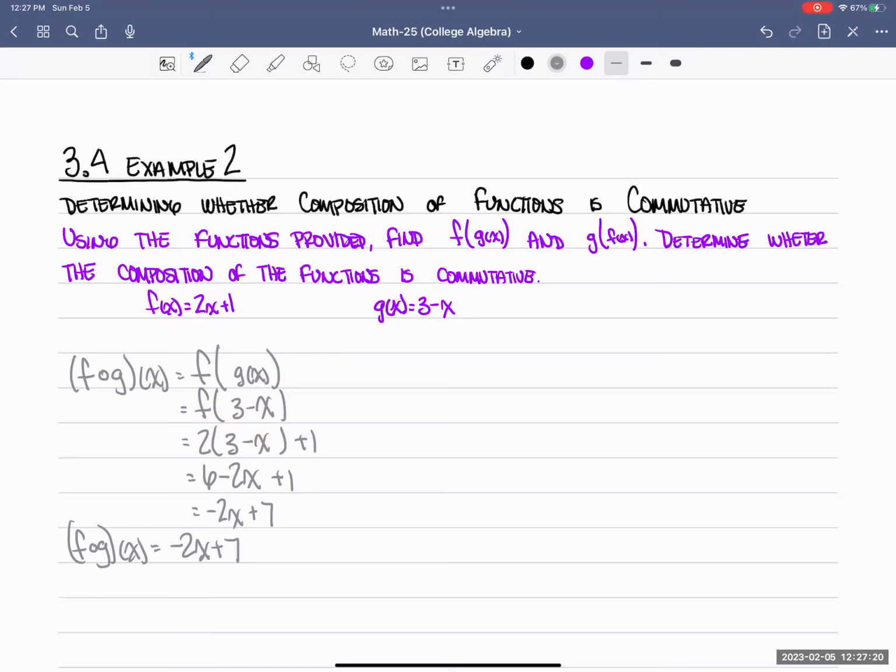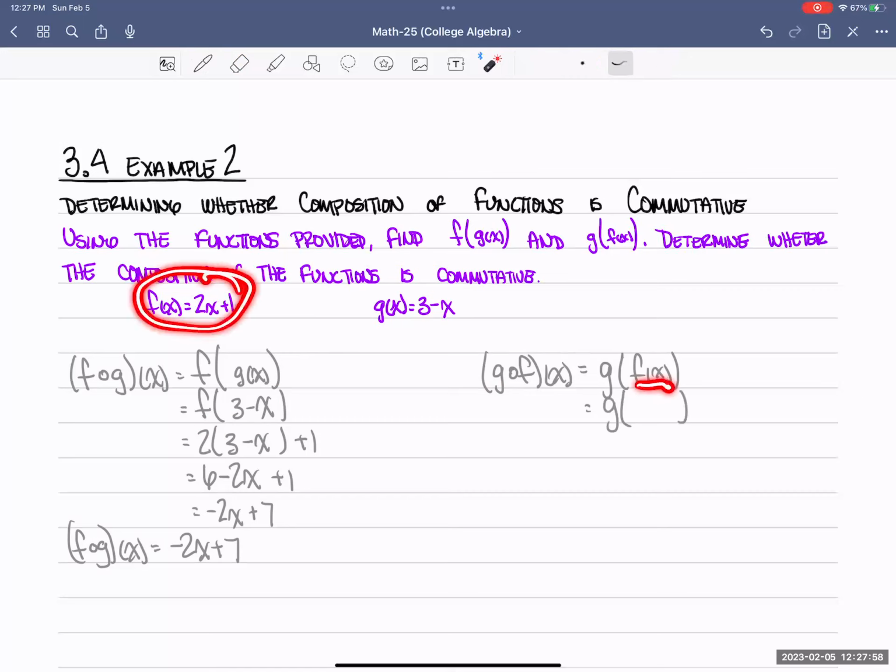Now that we have that, we could find the counterpart, g of f of x. Stated the way you'll normally see it, g of f of x. And here we start with our outside function. This time it's going to be g of x, g of f of x. We have our outside function g of x taking in f of x, which we have here for f of x,